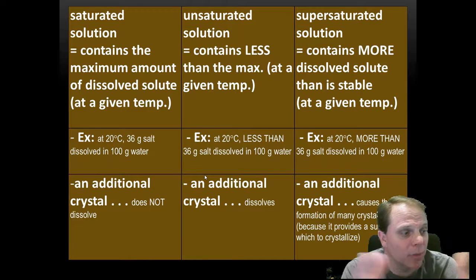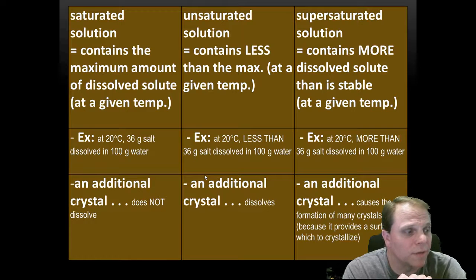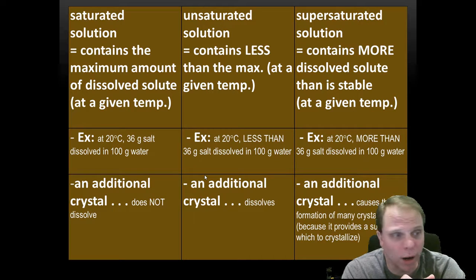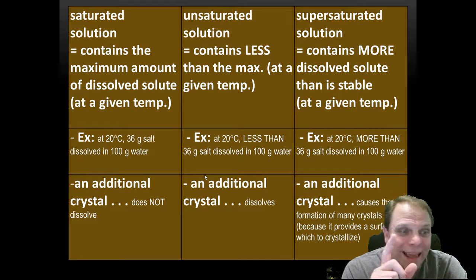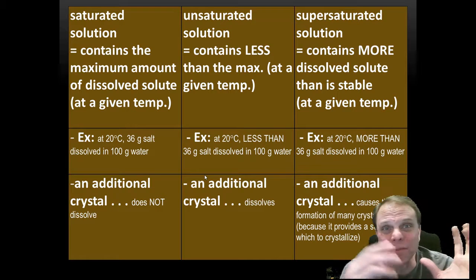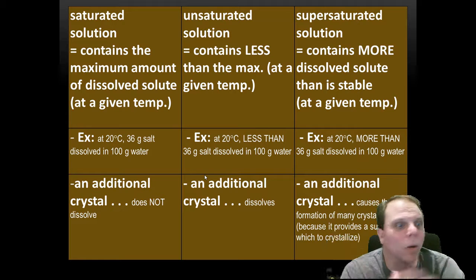Examples: saturated solution, you might have 36 grams of salt at 20 degrees Celsius in 100 grams of water. Unsaturated would mean you'd have less than 36 grams. So maybe you have 35 or 32 or 9, whatever. And supersaturated would mean you'd have to have more. So like 36.1 or